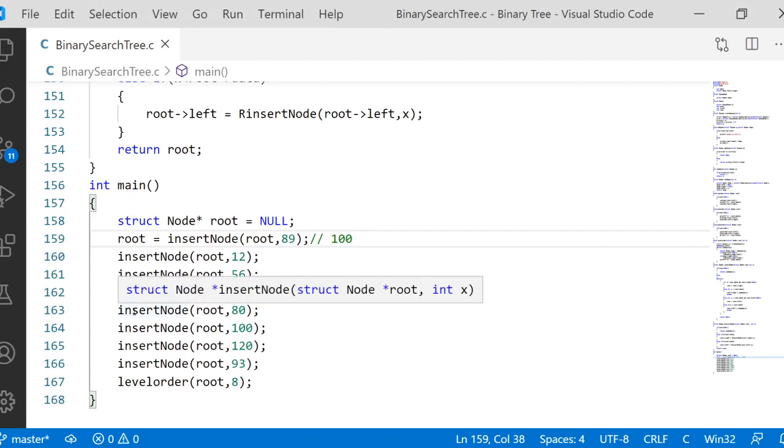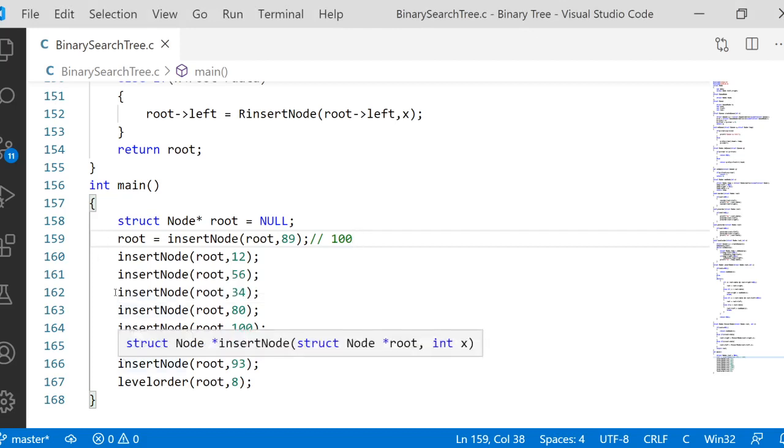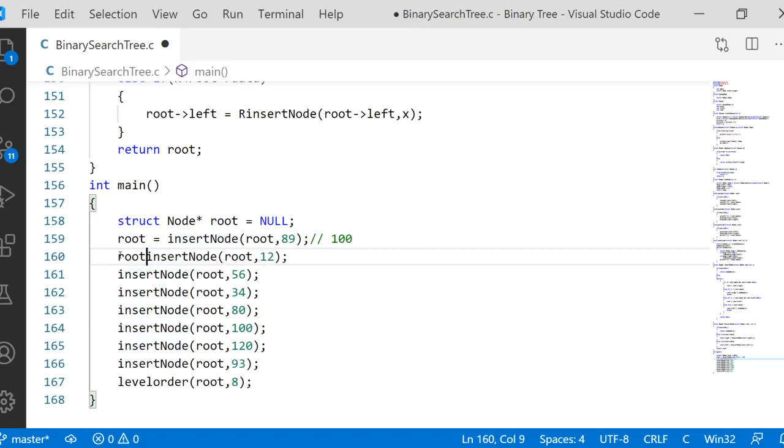Okay, so the root is not going to change once you initialize it. But even if you write root is equal to insert node, this function, see, the recursive function is R insert node, right? So change it to recursive R insert node.